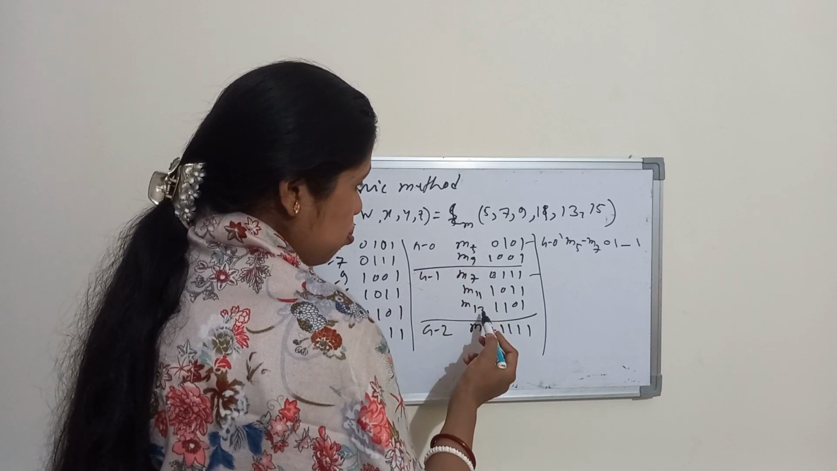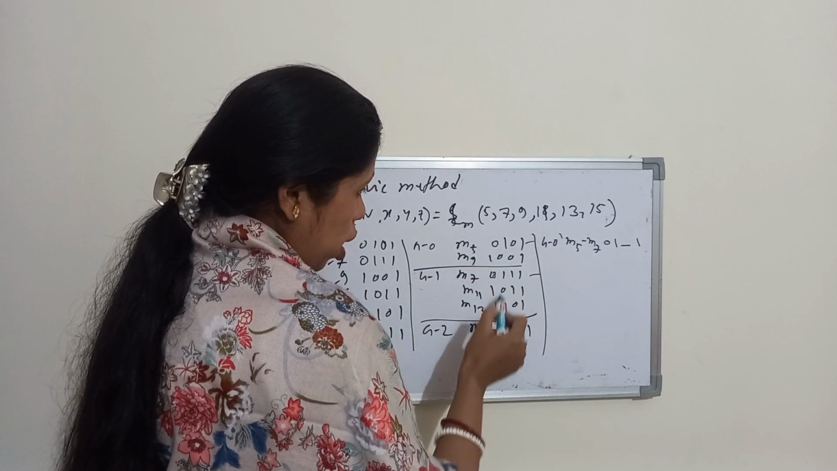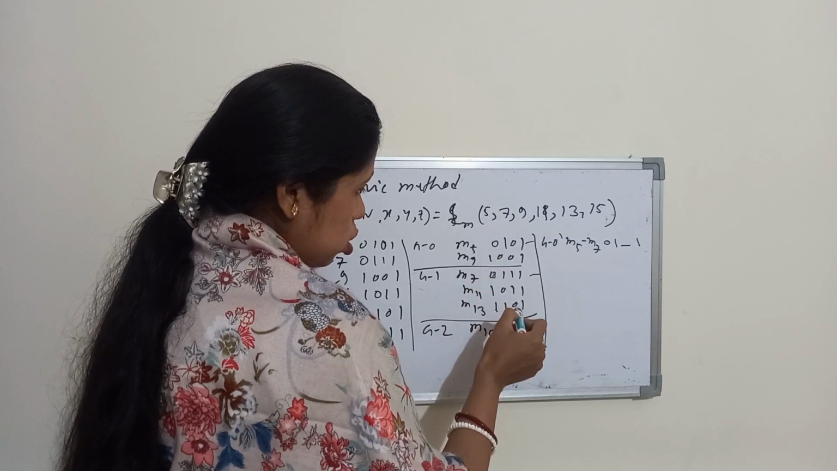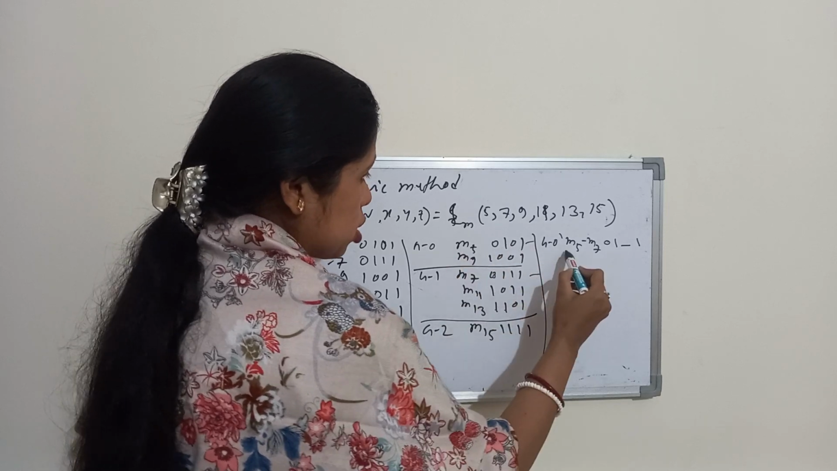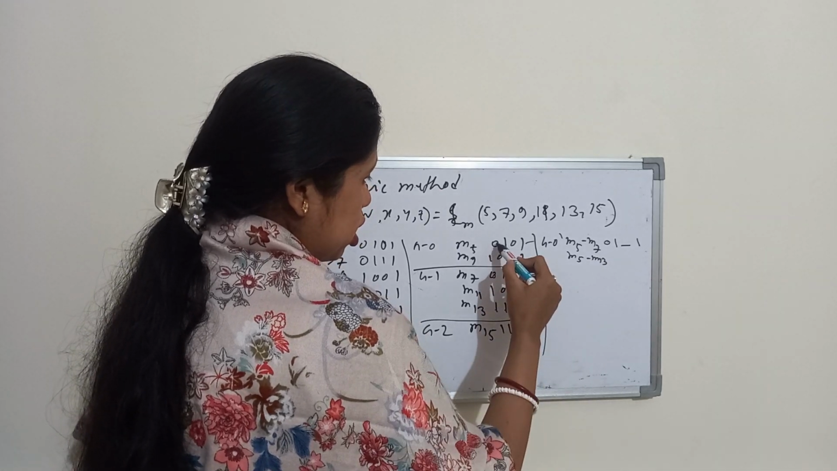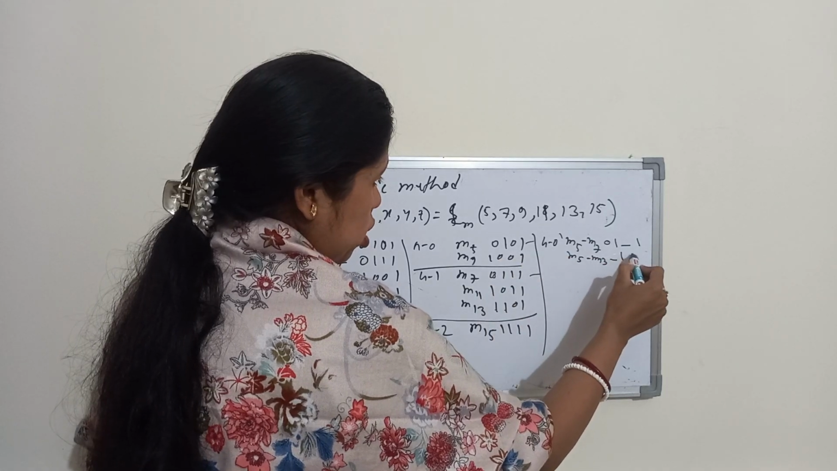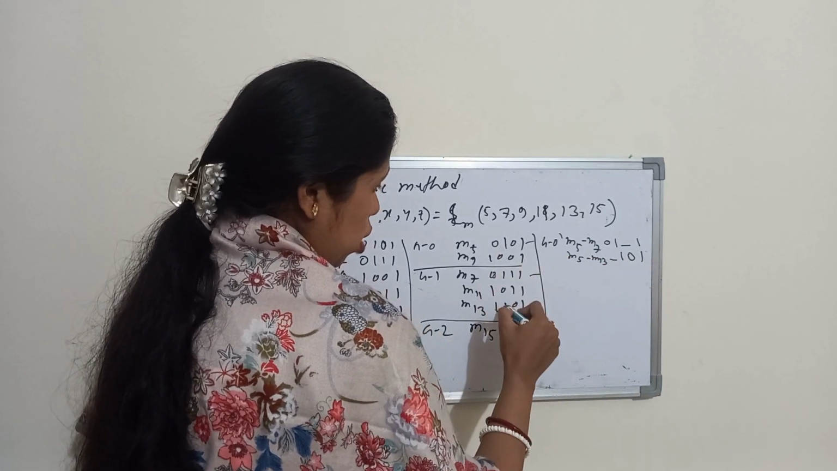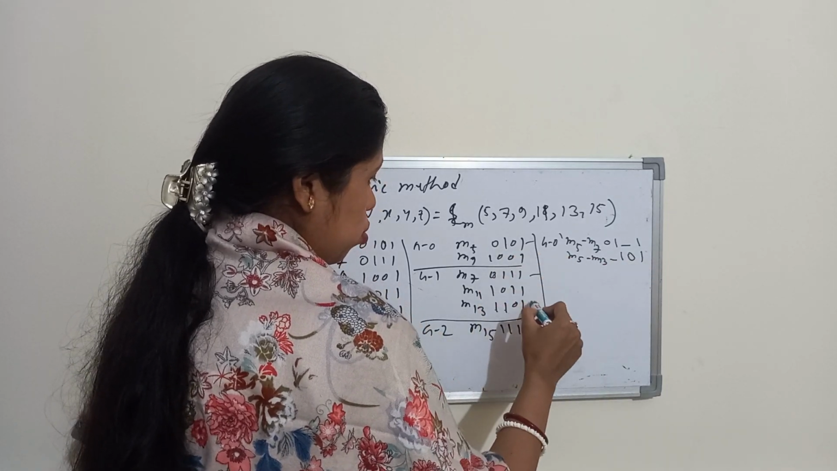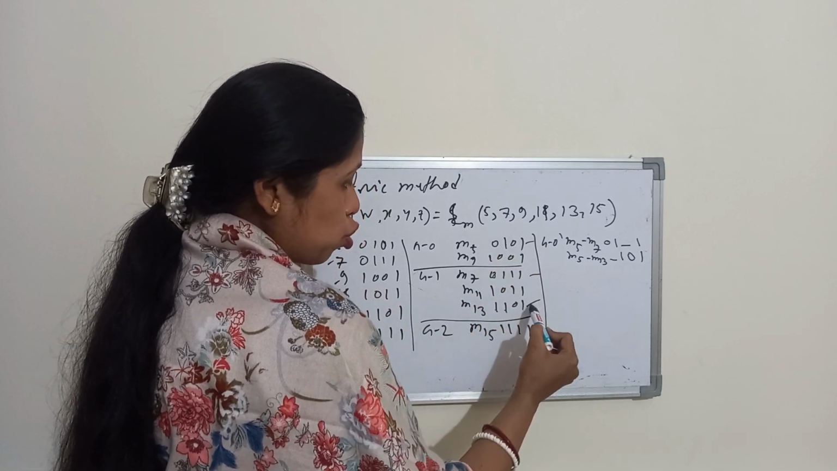Now M5 with M13. Okay, so it is 0, 1, 1, 1, 0, 0, 1, 1. So M5 is matched with M13. It is a dash: here it is 0, here it is 1, dash. Now the rest are the same, 1, 0, 1. Okay, so after comparing, if any minterm is matched, then I have to put a tick